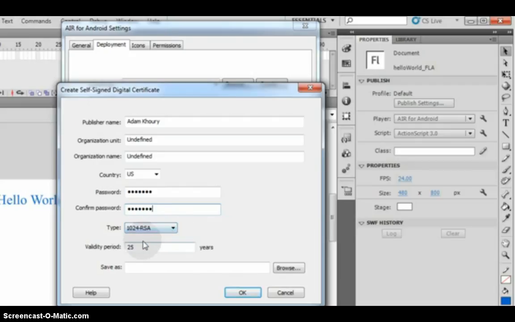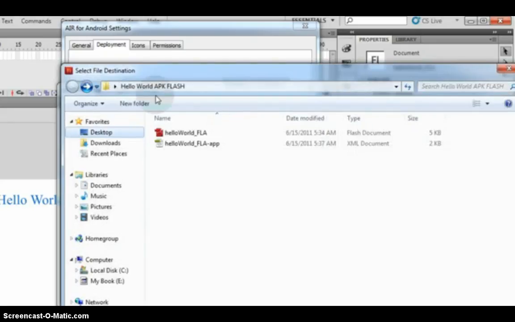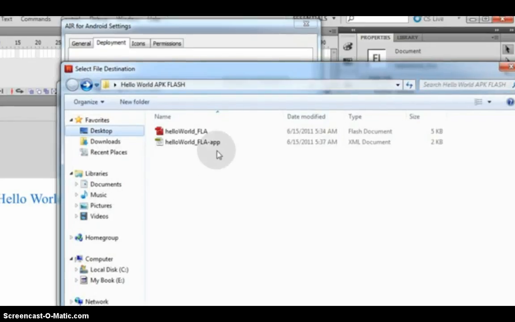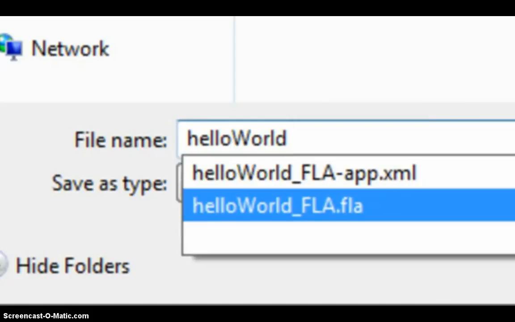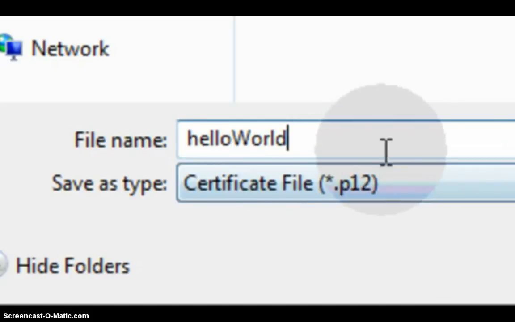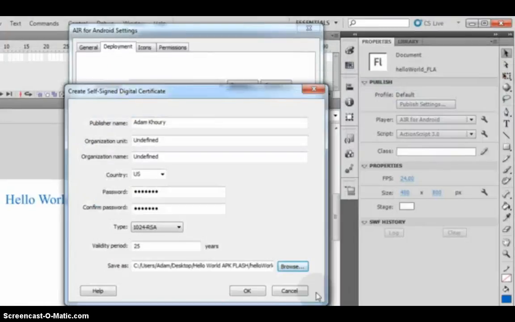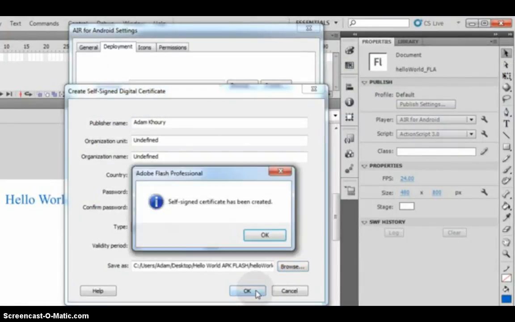The type, no, just gonna leave that. And validity period will be 25 years. Then save as. Then it's gonna be hello world. Then save. Then press OK. Then self-signed certificate has been created.